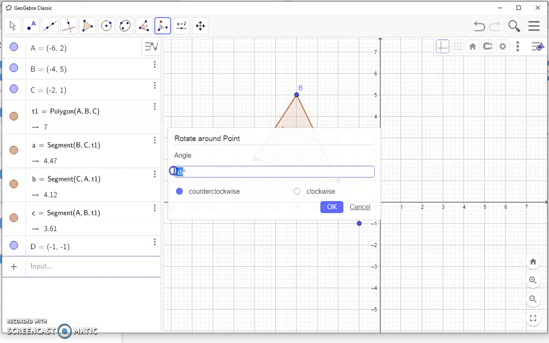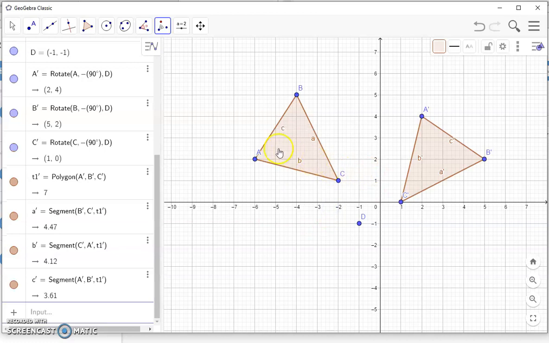which is asking you to enter the angle of rotation. Suppose I want to rotate it by 90 degree and clockwise. So you select and you say OK, and you see that your diagram gets rotated. So it's pretty simple. Select the triangle, click on the center, a pop-up box will come, you enter your angle and press OK, and your diagram gets rotated. So let's try to do one more.